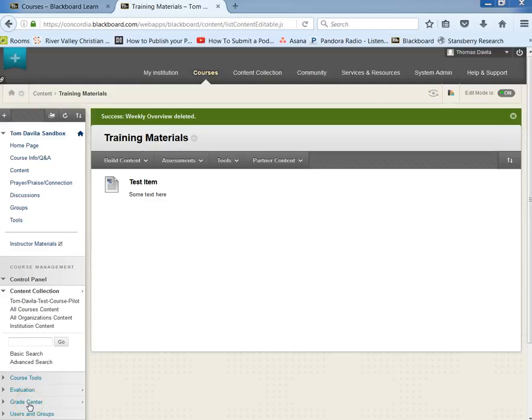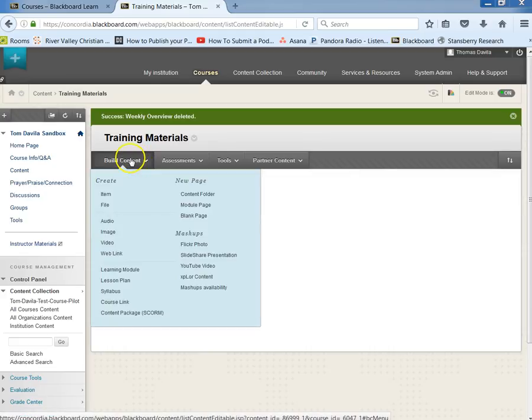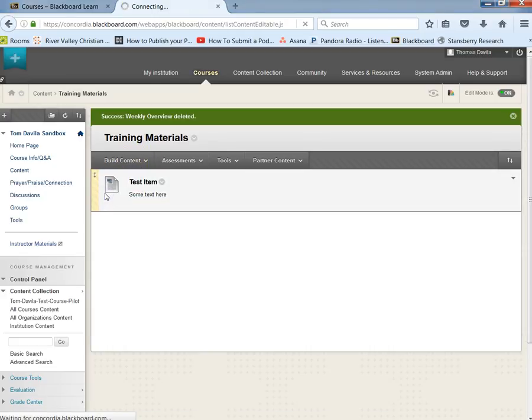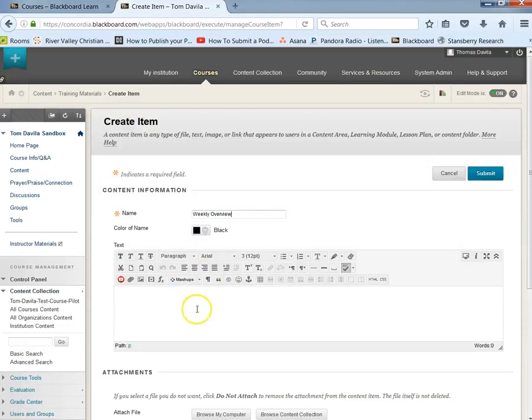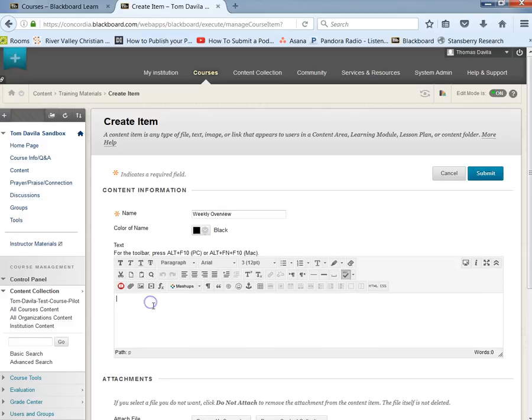Hello, this is going to be a quick tutorial on some tips and tricks and warnings when copying and pasting text into Blackboard. One of the objects that's commonly employed in Blackboard to get text on the page is called an item. This is an example, but we're going to build our own. And so we'll just give it a title. Weekly overview looks good. And what we want to do now is grab our text from Word,